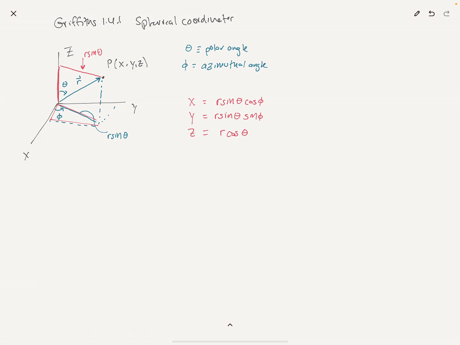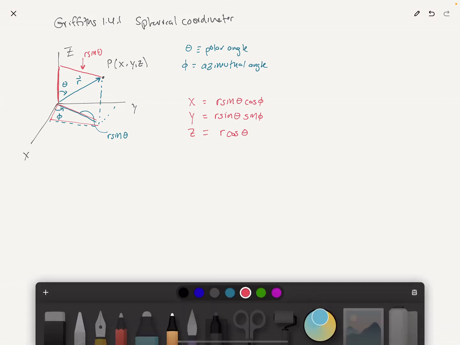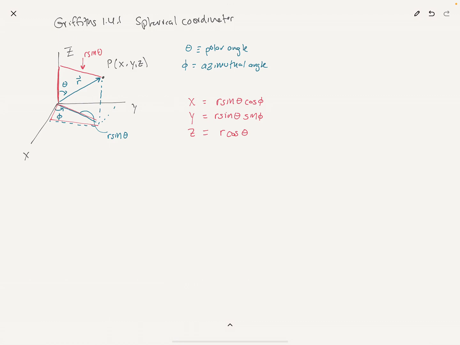Now, the next thing that we are going to want to do is be able to build our infinitesimal displacement vector in three dimensions. With that, we can then build our infinitesimal area and our infinitesimal volumes. So I have my coordinate system again. I'll draw my vector here, r vector,